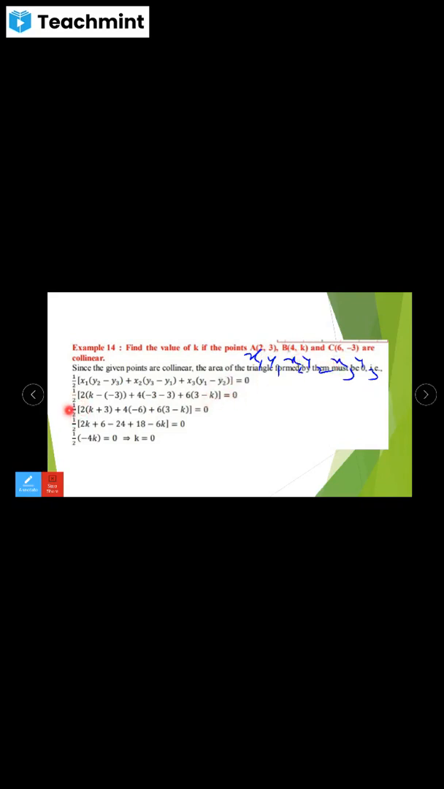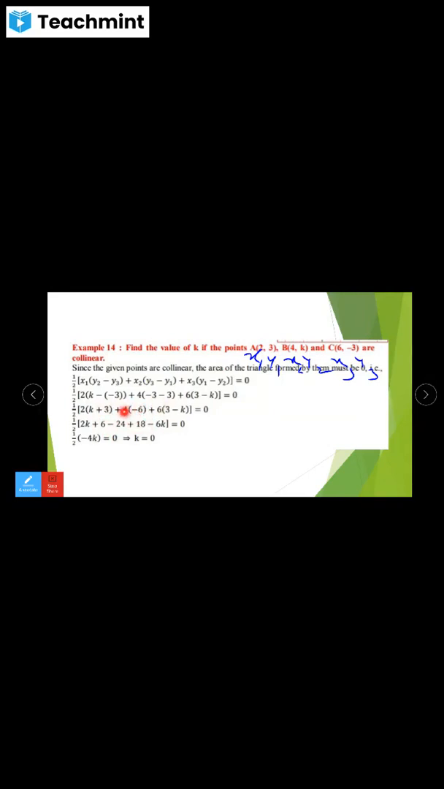See here, half into 2 into k, minus of minus is plus, so plus 3, plus 4 into minus 3 becomes minus 6, plus 6 in bracket 3 minus k equal to 0. Keep as it is, half into bracket of 2 into bracket of k plus 3, plus 4 into minus 6. So here 2 into k is 2k, 2 into 3 is 6, 4 into minus 6, plus into minus is minus. So always multiply